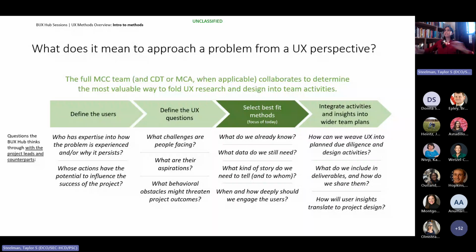First of all, the green text at the top, it has to draw on the full team's collaboration. It's not something that's just siloed to Bucks. This applies both to our teams internally at MCC and to the country teams that we work with. So we collaborate to determine the most valuable way to bring UX research and design into the activities. And you could say it goes through these 4 simple steps